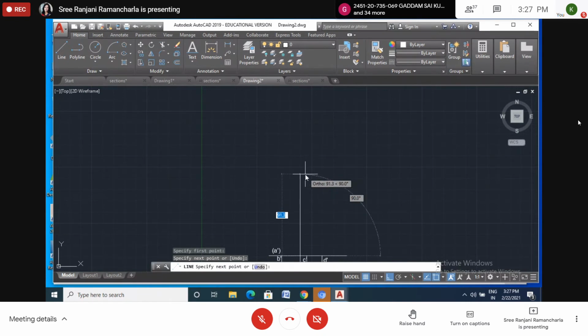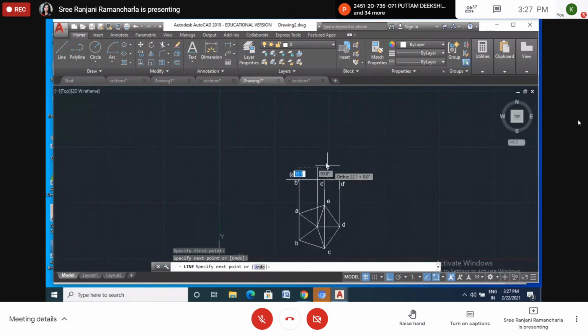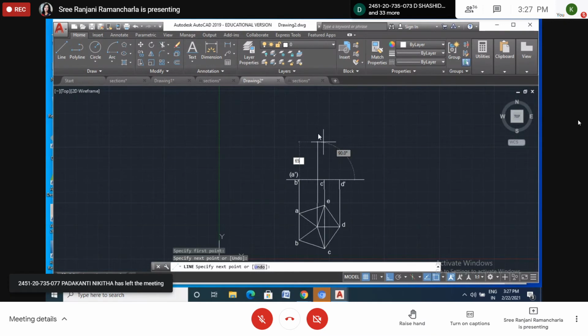What is the height? Please, anyone of you, what is the height? Height is 65. So 65. I will keep my cursor here compared to the previous one, right? So 65. Enter. So I got a 65.